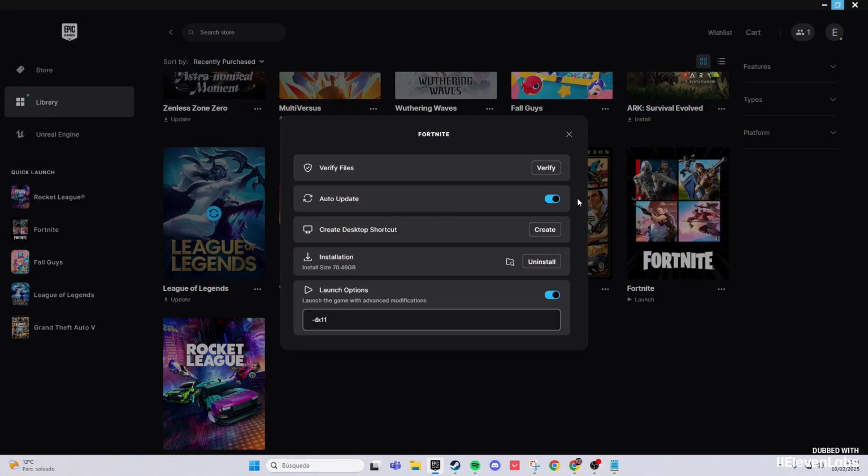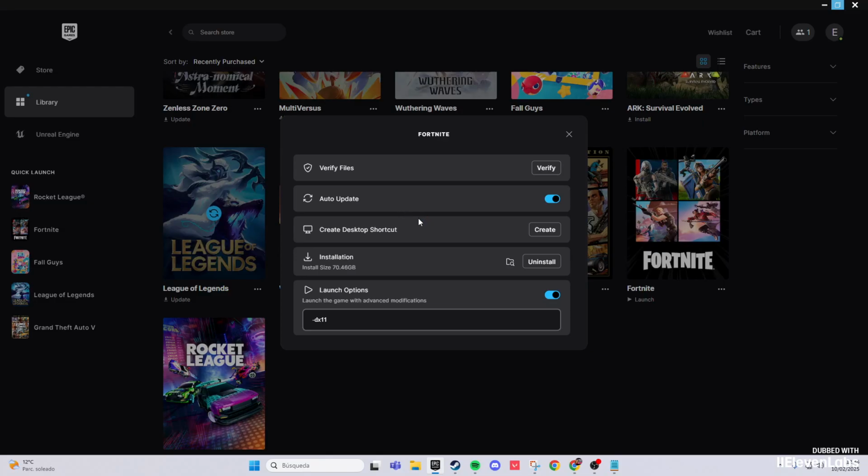Here we will need to have this option enabled for auto updates, because one of the things that also happens is that many updates accumulate, and that makes everything much more tedious. So with this, it will download when you're not playing, like at night, and we would also have to